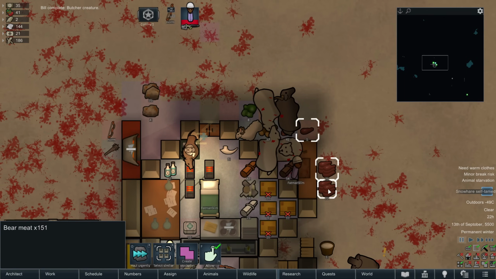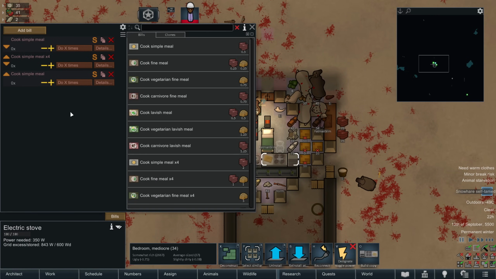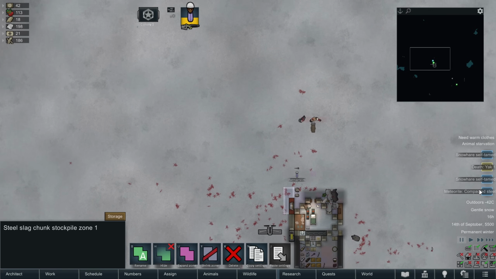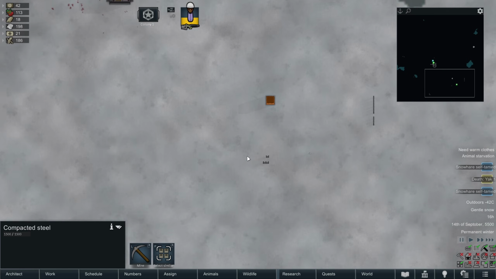Oh, wow! That's 151 meat from one polar bear. And 54 bearskin. They are totally worth it. Meals, please. The snow is washing away our sins. That is perfect. This place was way too bloody. But more steel. Come on, Randy. I don't even need the steel. That's even bigger than the last one you sent us, which is...